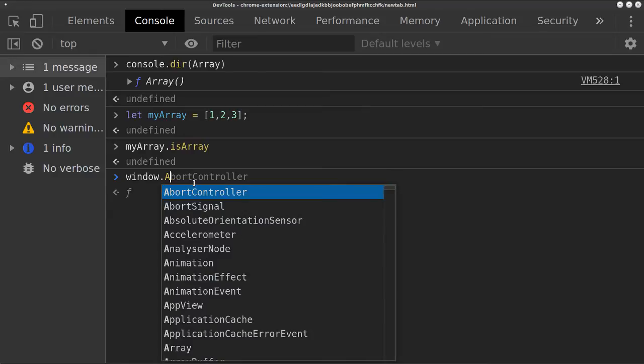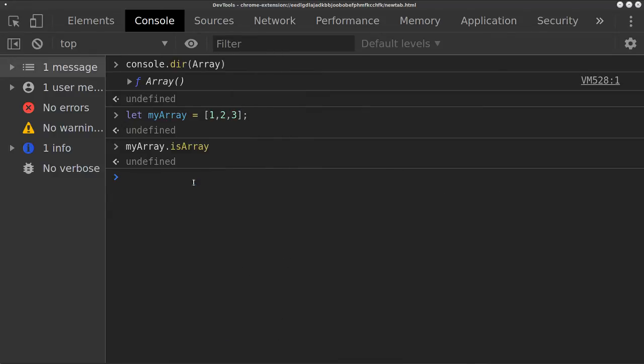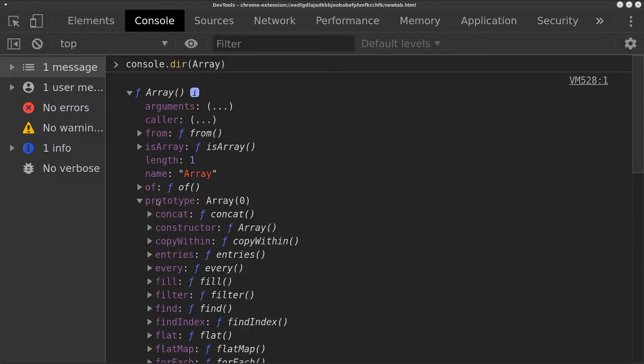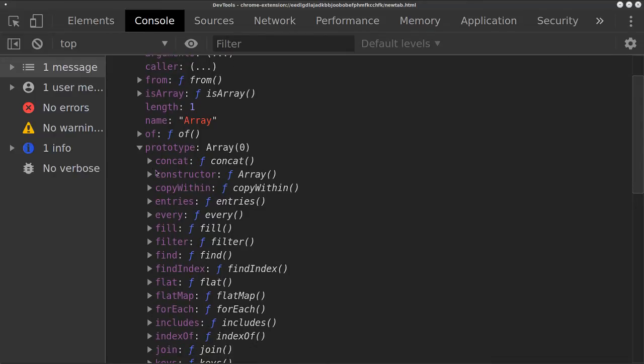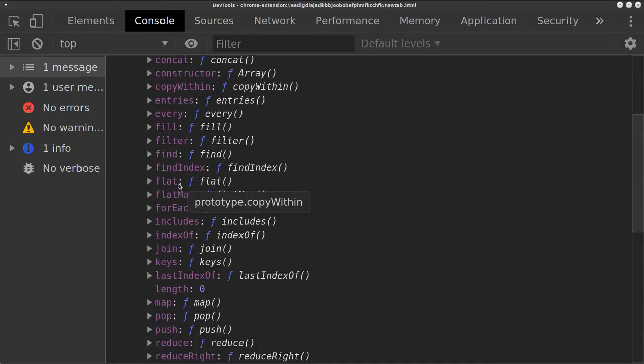So when we create a new instance of an array, it is referencing this built-in Array object that comes as part of the core JavaScript language. It looks inside the prototype, creates a new instance of an array with access to all of these methods,